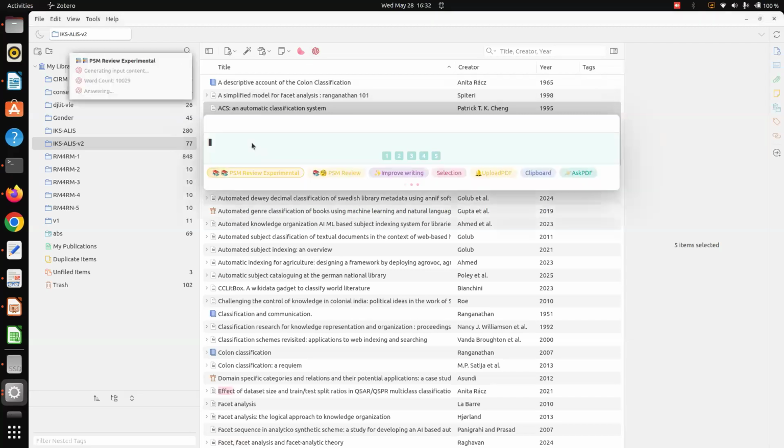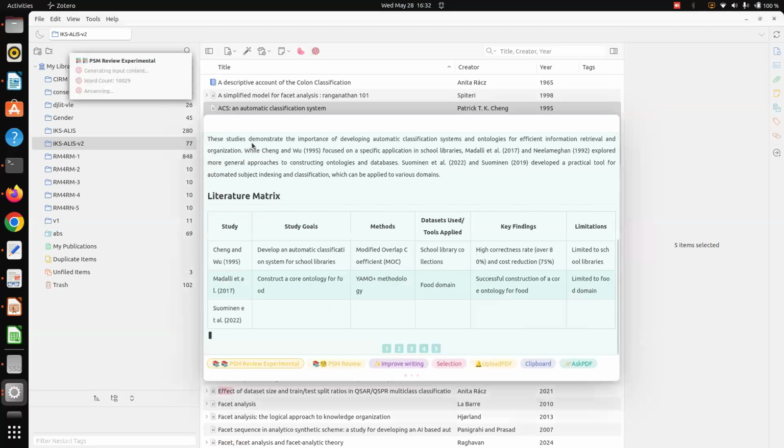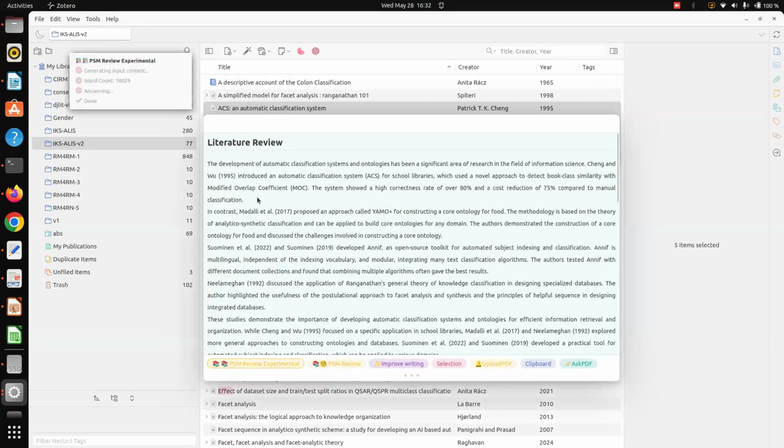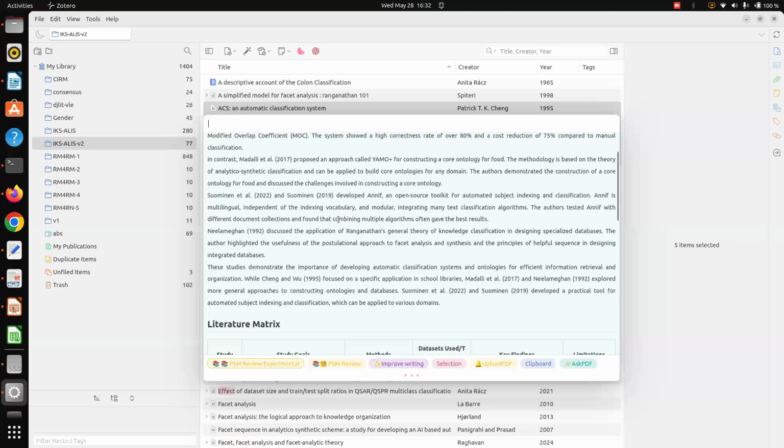The moment I click it, it will go through these 5-6 papers I have selected, using the metadata, that is title, abstract, other notes. It will create an abstract of these 5 papers, a TLDR, a kind of integrated summary.